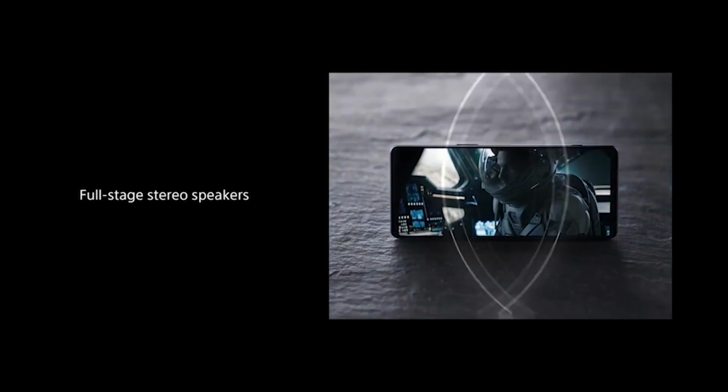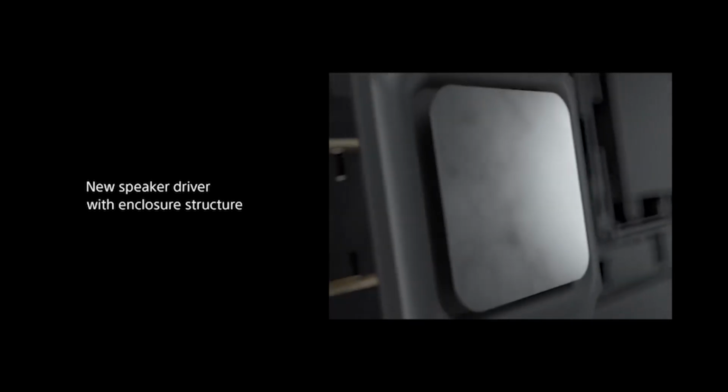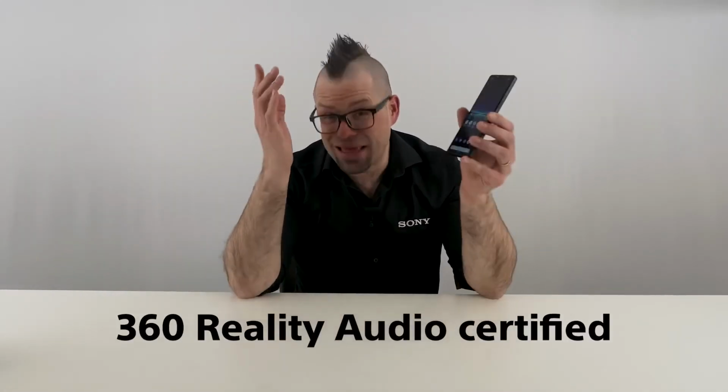Not only are the speakers front-facing and support Dolby Atmos, but they both have a booster specifically for the low-range frequencies, meaning you get some more of that all-important bass in your music and a more immersive experience when watching movies and videos. The Xperia 1 Mark IV is also 360 Reality Audio certified, meaning that not only can you